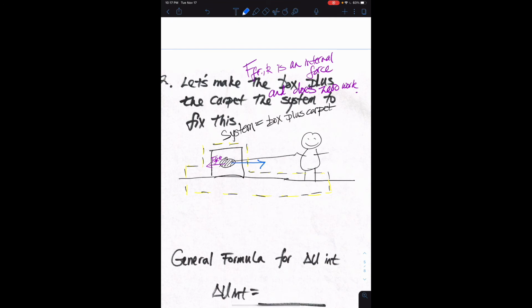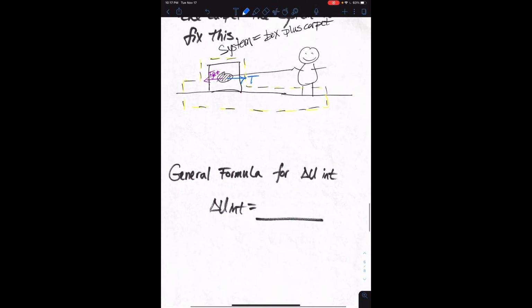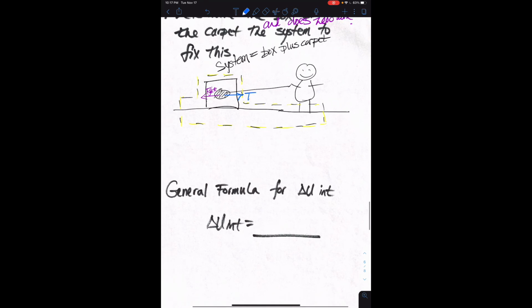We have tension as an external force, and I should really be more careful there because these are not a Newton's third law pair, but they're equal and opposite. So I should draw tension pointed at the same size, right? The same magnitude. Okay, so what we're saying here then is